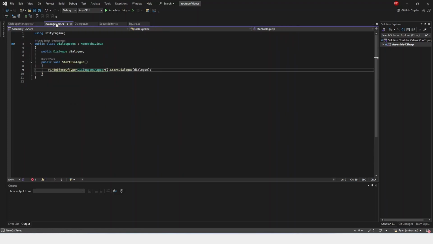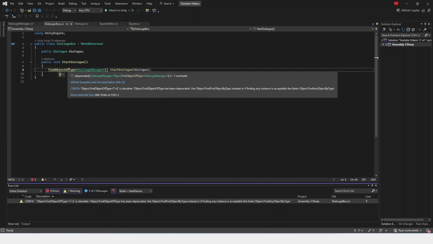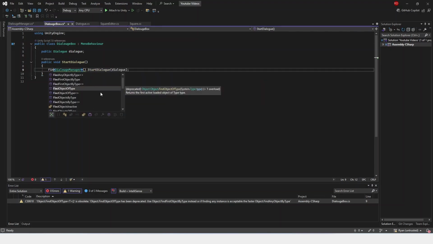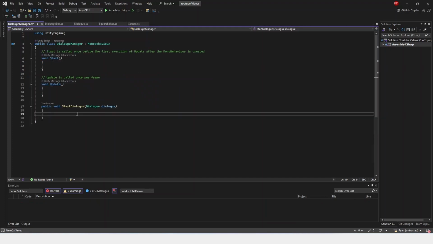it's giving us an error here, and it's just a find object of type, and it's saying that we should use find first object by type, so we'll just use that, FindFirstObjectByType, and then that will make that go away. Now when we start our dialogue,